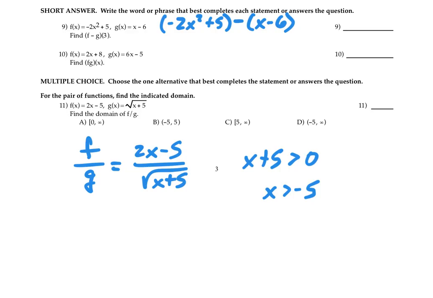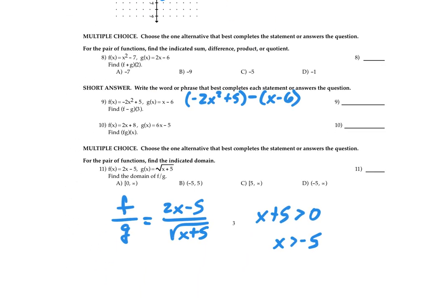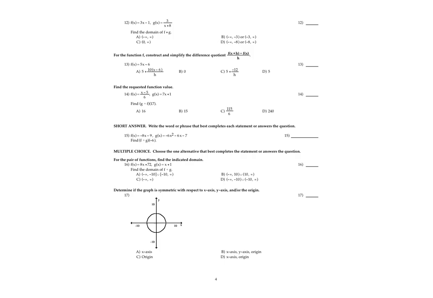So we have to decide which one of these is the same as interval notation for x greater than negative 5, and it would be D. So domain just takes it a little bit further. You do the formula, and the formula